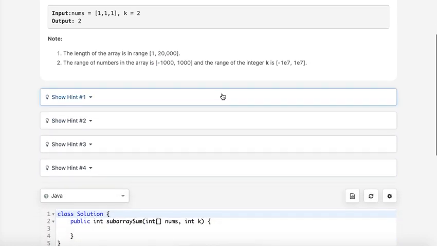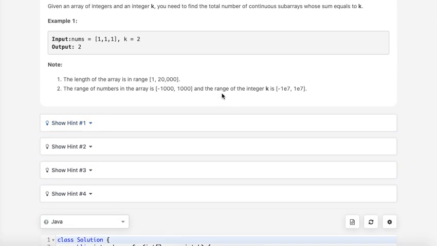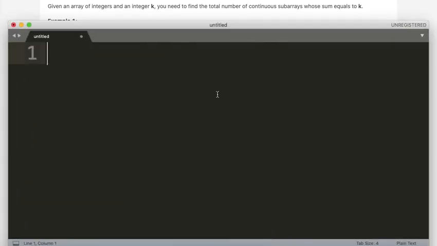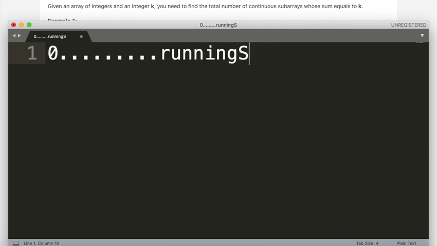So then you should ask what else we can do. Now the concept of running sum comes to mind. Suppose I have a number line which starts from 0, and I have some running sum.